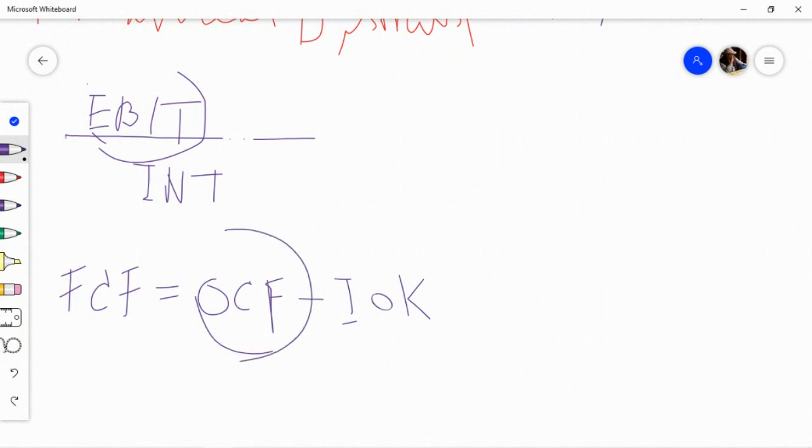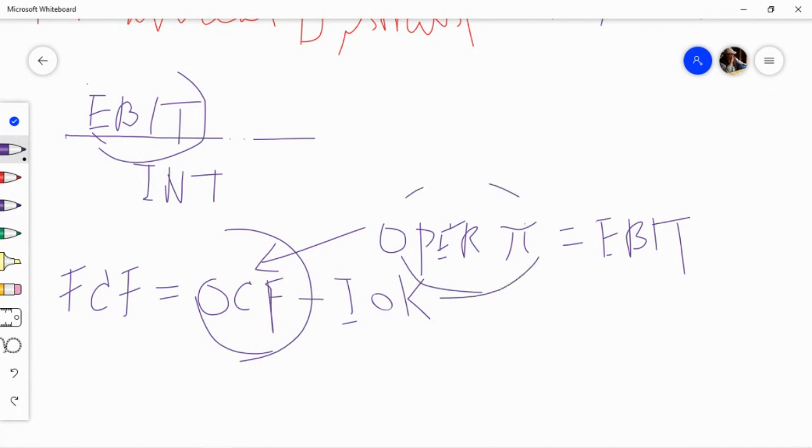And operating cash flow is something like operating profit, which is EBIT. Another name for operating profit is EBIT. But how is it different from operating profit? Well, the difference is